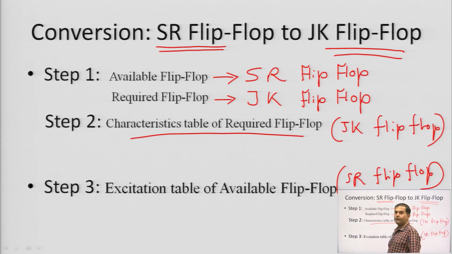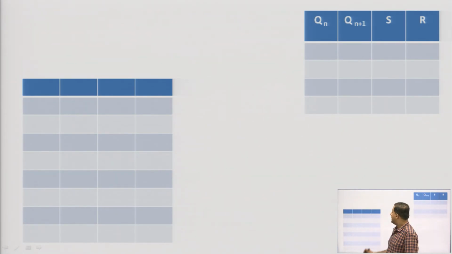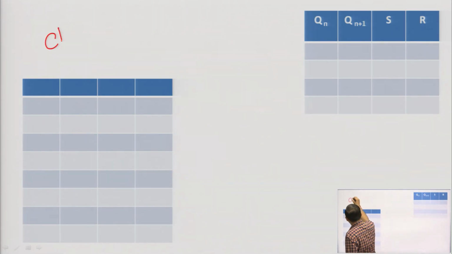Is it clear to all of you? Okay. So, now let us begin. We will draw the characteristic table and the excitation table as well. Okay. So, characteristic table for JK flip flop. So, here for characteristic table